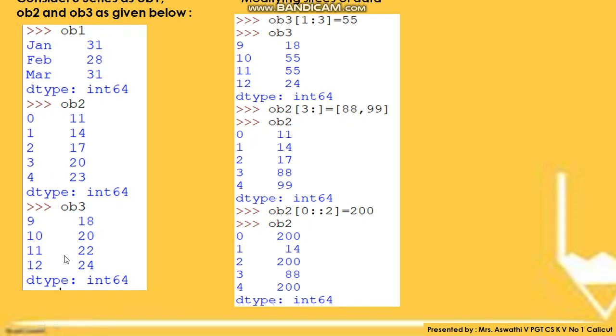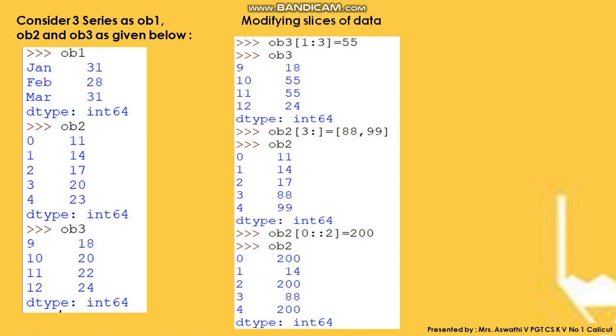So 1 and 2, that means 10 and 11 will be coming, and the value is changed to 55. It has been given as 55, which means that these two values have to be changed to 55. Now if you print OB3, you can see that 9 remains as 18, whereas 10 and 11 change to 55 and 12 remains as 24.